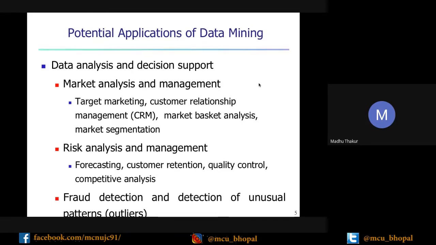Behind all this, only data mining is running. Also risk analysis, forecasting, sales forecasting, customer retention, quality control, and fraud detection are very important applications of data mining.